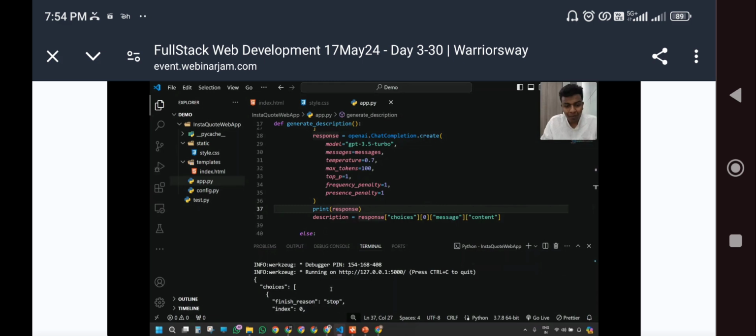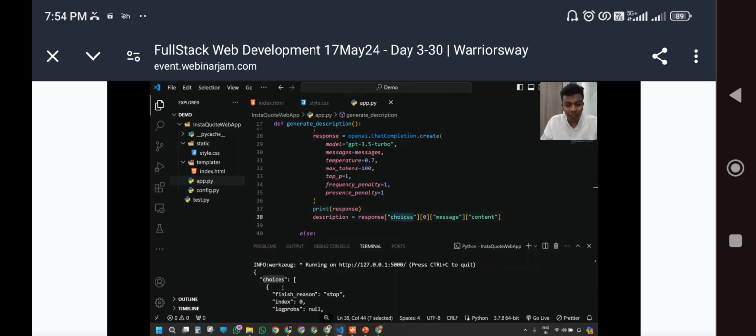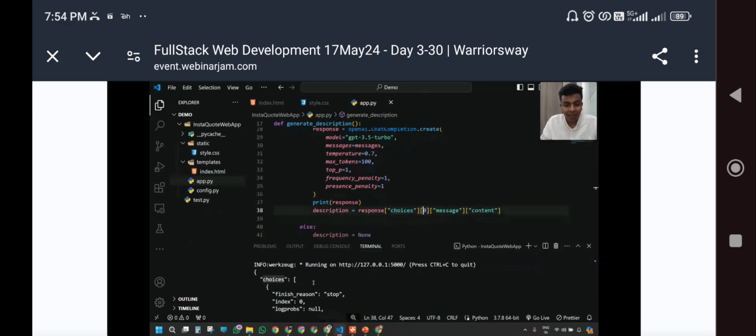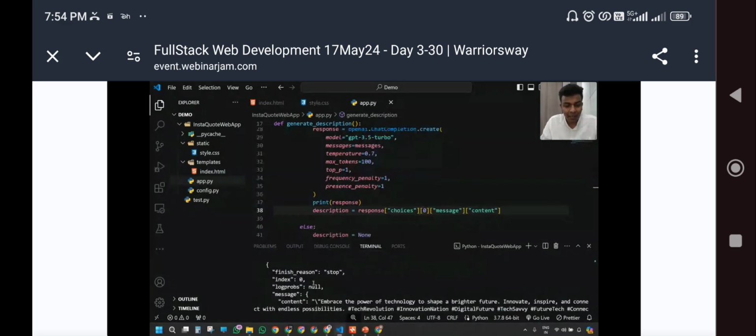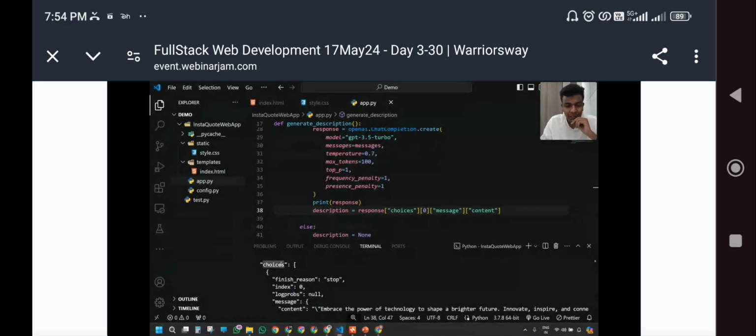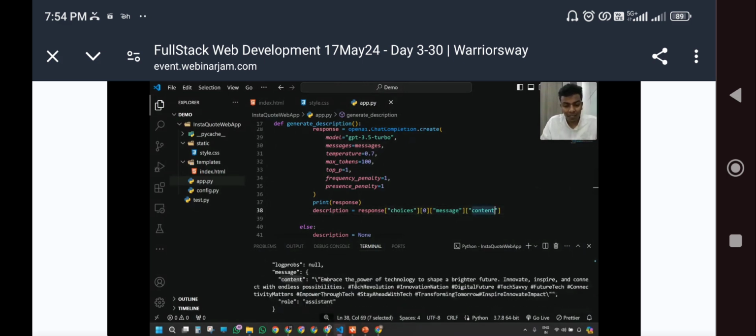Same as here. Choices. Look at the choices. From the choices, the first element, the first item of the array, that is the 0. And inside that is the message, the first thing which we are going to get. So inside choices of 0, we are going to get the message. Inside the message, we are going to get the content, the return value. This is the content. So that is what the description is all about.